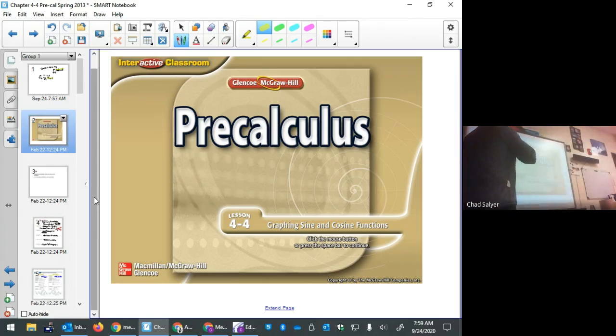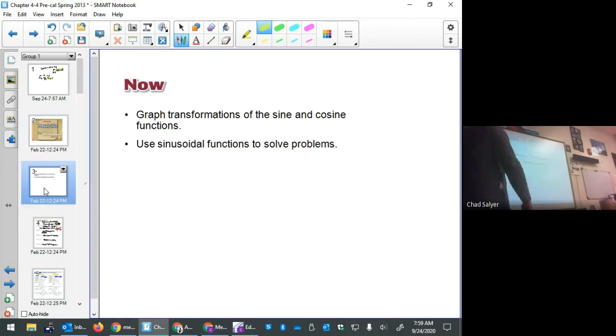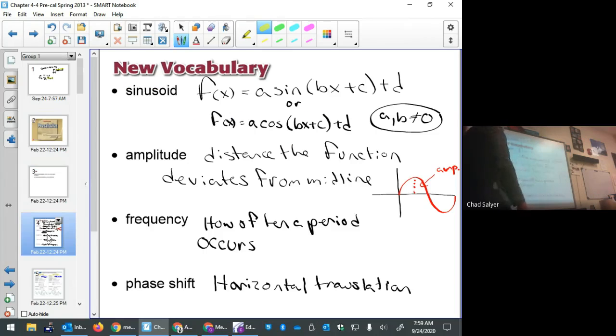And this is one of my favorite doodles, the sine and the cosine function. So we're going to graph those and their transformations, and we're going to use a sinusoidal function to solve a problem. First of all, a sinusoid